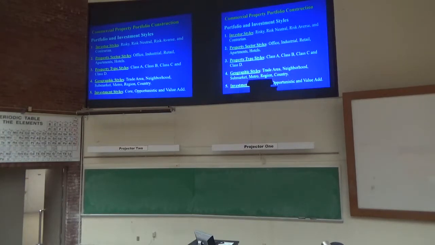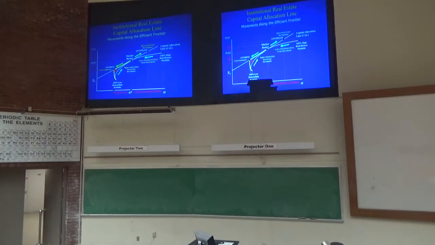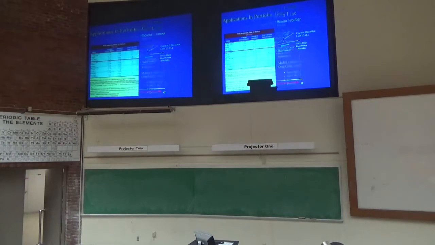And then value add is this is a totally messed up property. It's in a good location. What I'm going to do is I'm basically almost going to tear most of it down. I'm going to redevelop it, reposition it. I'm going to put in all of my systems. I'm going to re-tenant it, and then I'm going to bring it up to a very high level. And either I'm going to keep it in my portfolio or I'm going to sell off to an institutional investor. I think I'll pass through this.